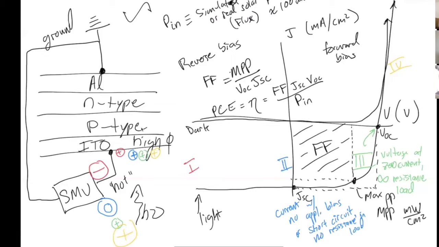So a 1% efficient solar cell would give you 1 milliwatt per square centimeter, and so on up. This number